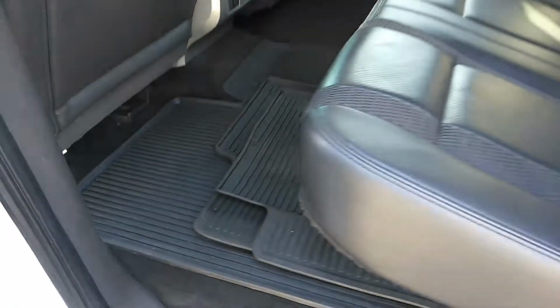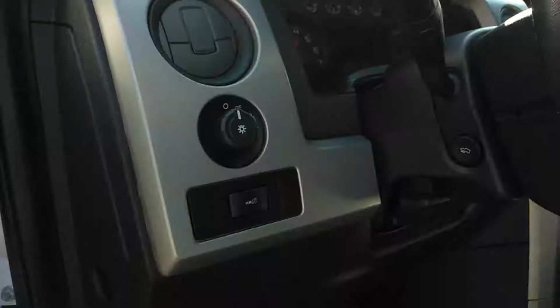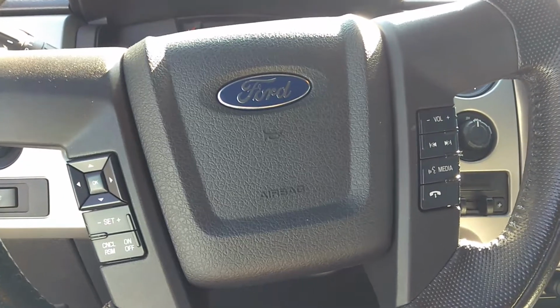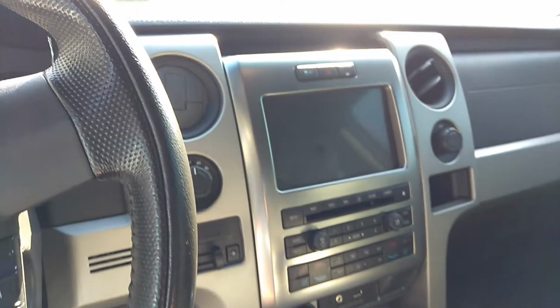Does have the rubber floor mats throughout. Great feature, love it. Power slider in the back, rear air, and then it does have the DVD players and the headrests there. Work great. This thing has a ton of horsepower. There is pedal adjusters there, and then we got the steering wheel controls here, media center navigation, backup camera, factory tow assist,